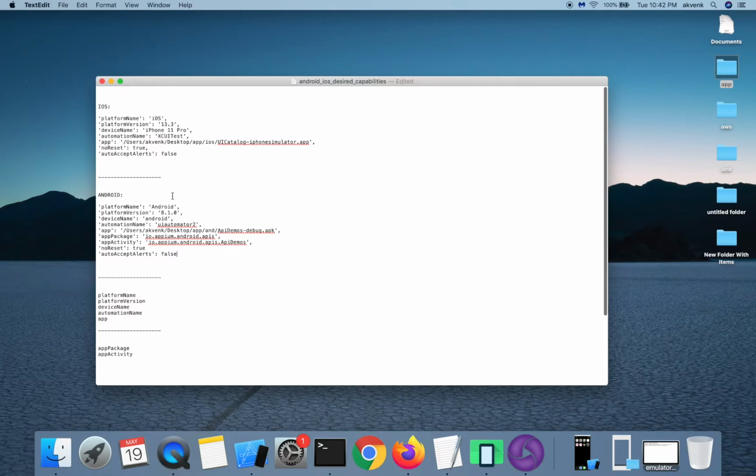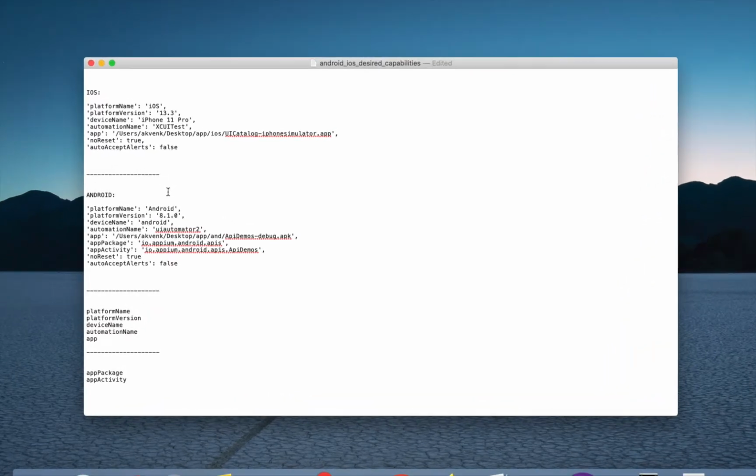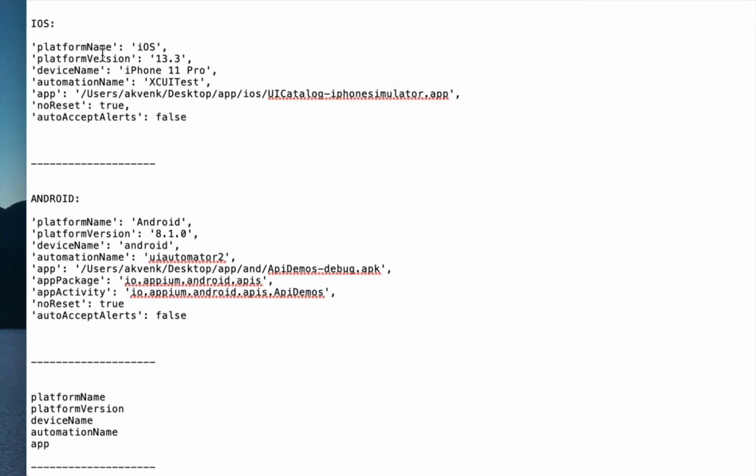So let us get deeper into the desired capabilities part. So these are the desired capabilities which are required in order to launch the APM inspector. For iOS, we need platform name, platform version, device name, automation name, app path, and we are setting a couple of flags.